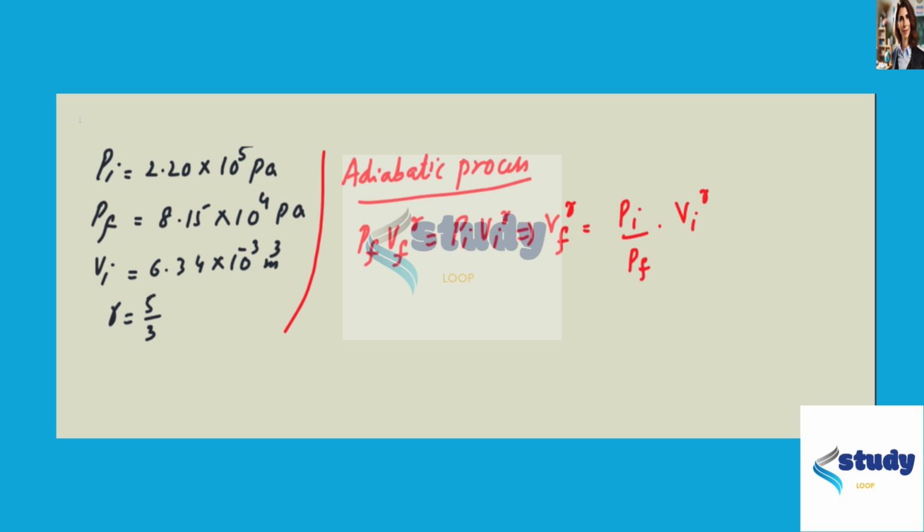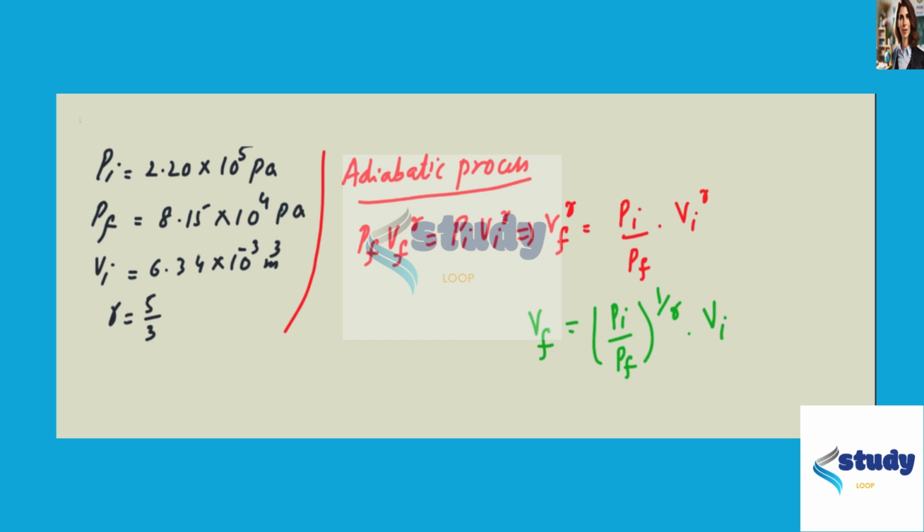Now by taking power of 1 upon gamma on both sides, this will give us final volume equal to initial pressure upon final pressure whole to the power 1 upon gamma into